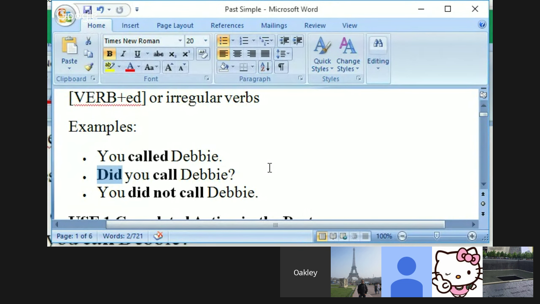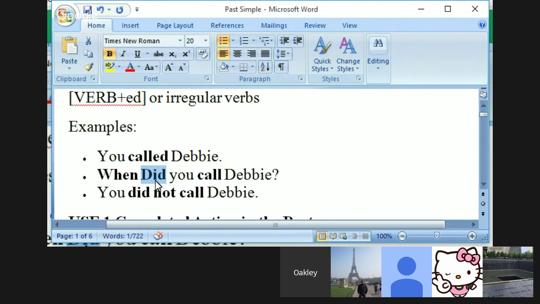Okay. If you need to add another question word, for example, maybe let's say when, then that will go in front. When did you call Debbie? And then the same order, the auxiliary, subject noun, and then the main verb. Notice that the main verb is not in the past tense. The past tense is indicated by the past tense of the auxiliary did. Instead of do, present tense, do or does,